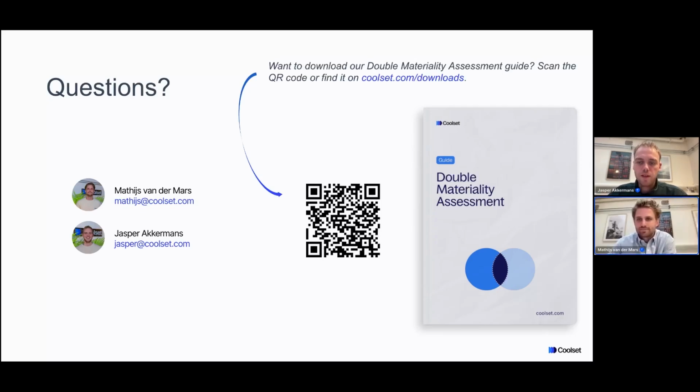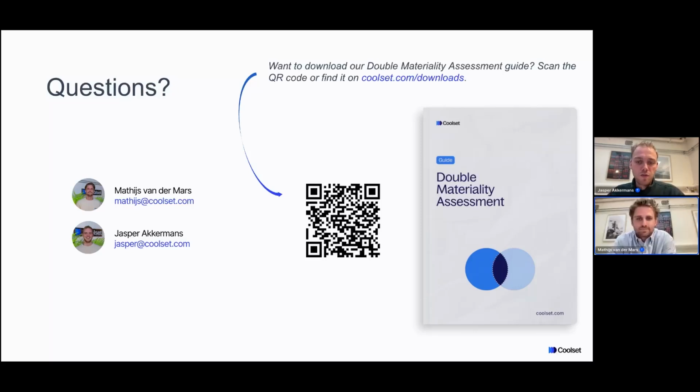Maria asks, does Coolset have the possibility to display both location-based and market-based greenhouse gas emissions, or at least switch between them easily? For those less familiar with these terms, location-based greenhouse gas emissions, which are Scope 2 emissions, refer to electricity consumption from general purchases that don't specify where it comes from, whereas market-based really states, okay, I bought electricity from Vattenfall and it was 30% wind, 70% gas, for example.